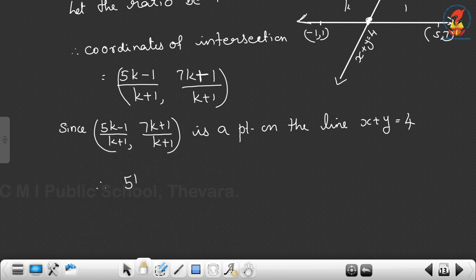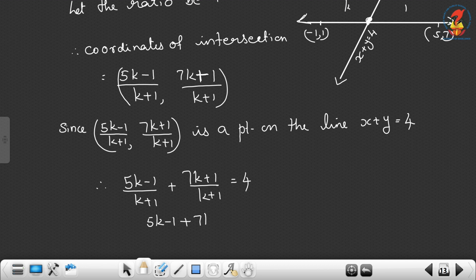In the place of x, we give 5k minus 1 by k plus 1, plus 7k plus 1 by k plus 1 is equal to 4. K plus 1 is common, so we can write 5k minus 1 plus 7k plus 1, the whole divided by k plus 1, is equal to 4, which implies